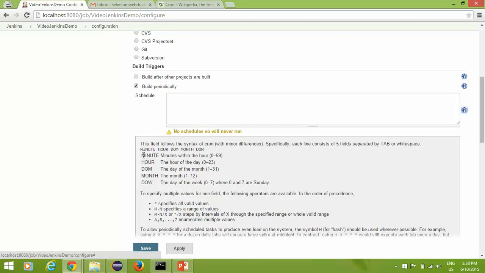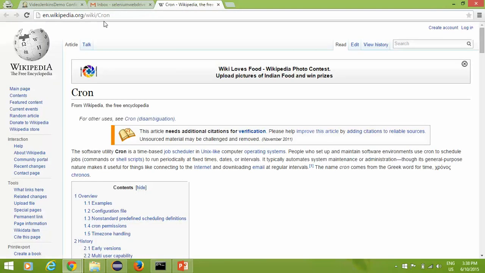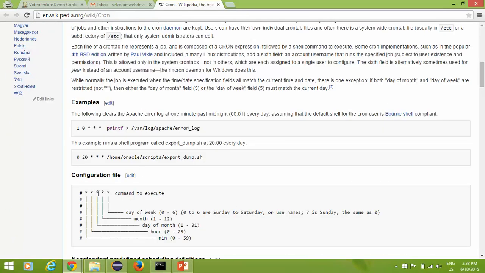So you will get 5 parameters here. The first parameter refers to the minute, the second to hours, the third to day of the month, the fourth is the month, and finally the day of the week. Let me show you in a good manner. They have given a couple of examples for you. Before moving to these examples, let's navigate to Wikipedia and check this cron pattern. In the cron pattern, you can see they have shown a very good example that it works on this star. If you put 5 stars, what exactly does it mean? It will execute your test case every 1 minute.